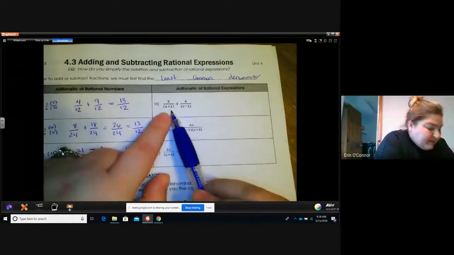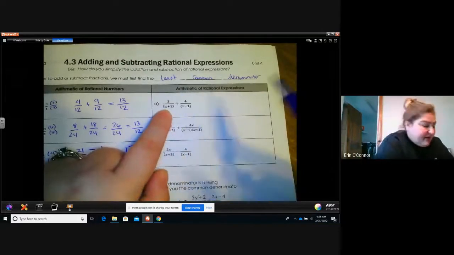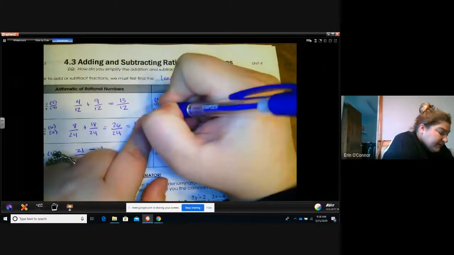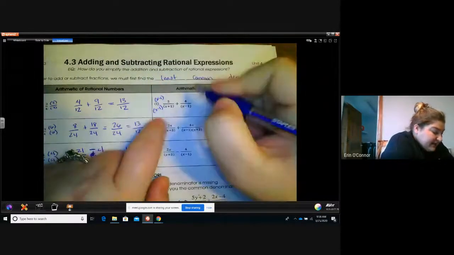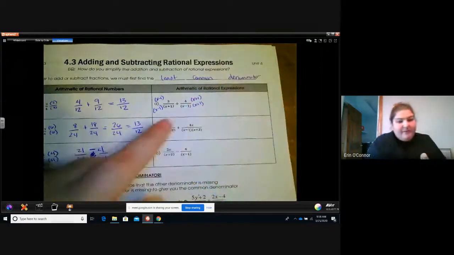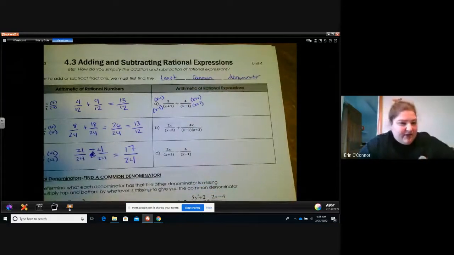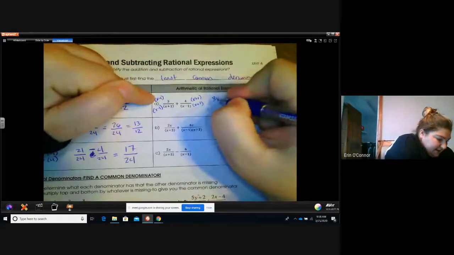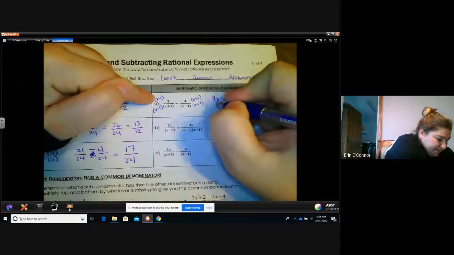This has an x plus 1, this has an x minus 1. They're different. So what I can do is multiply this one by x minus 1 and this one by x plus 1. If you're ever finding a common denominator, remember you can multiply the denominators to figure it out. And here I would get 3x minus 3